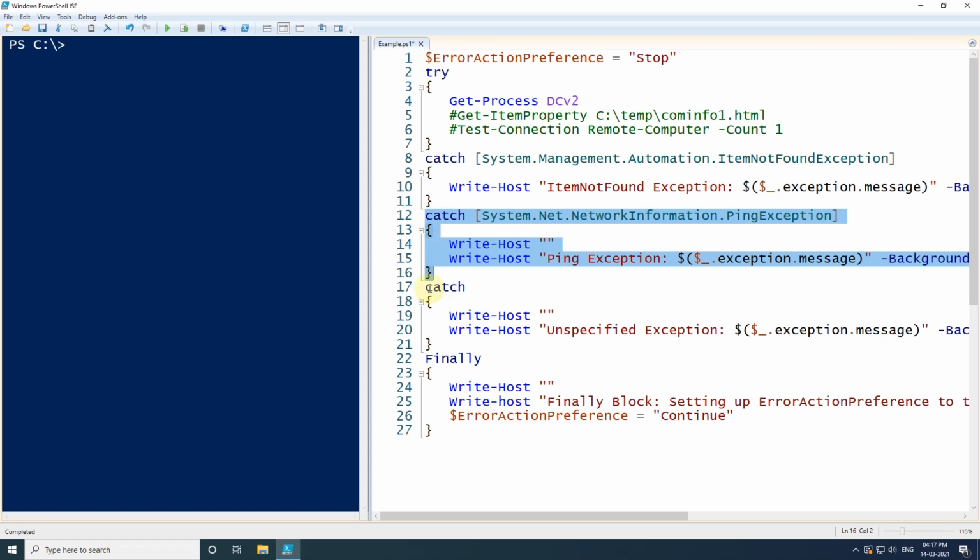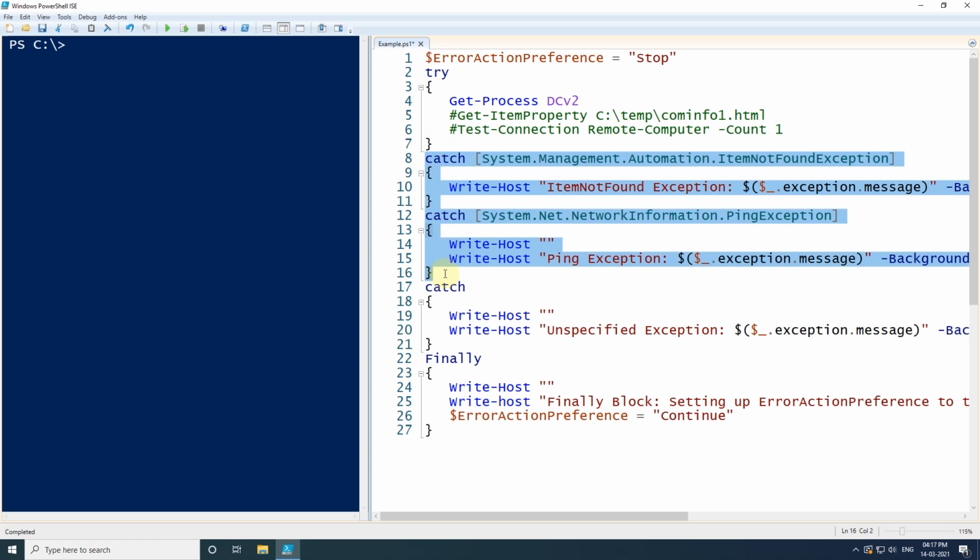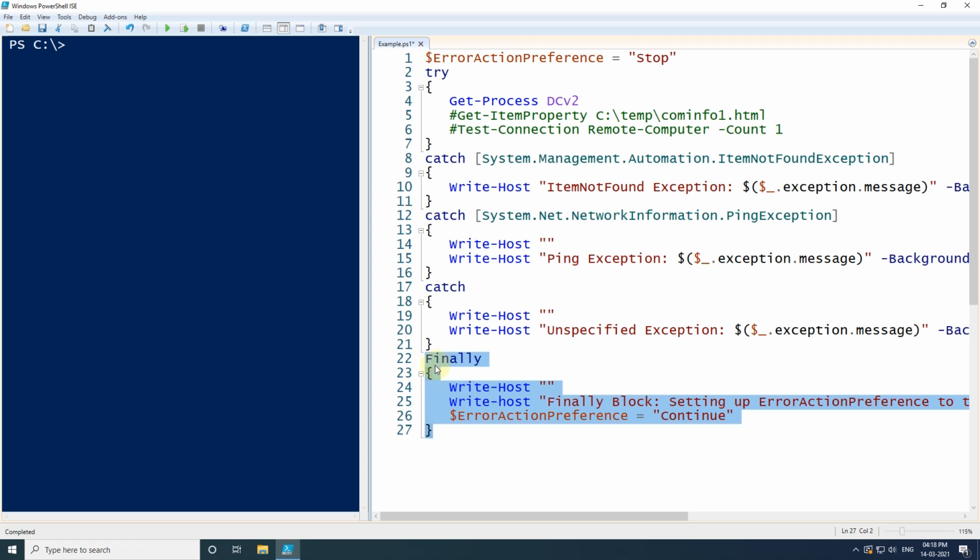And in the third and last catch block I have not specified any exception type, and this block will be executed if none of these two exception types match. And at last I have used a finally block. So this block will be executed whether any exception occurred or it ran successfully.